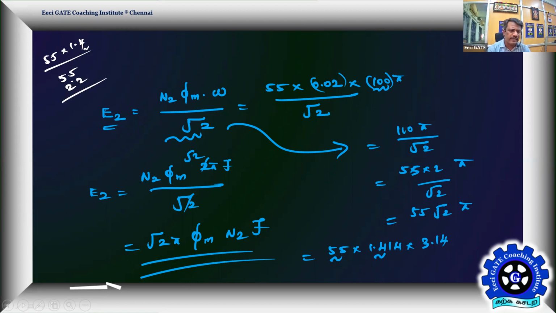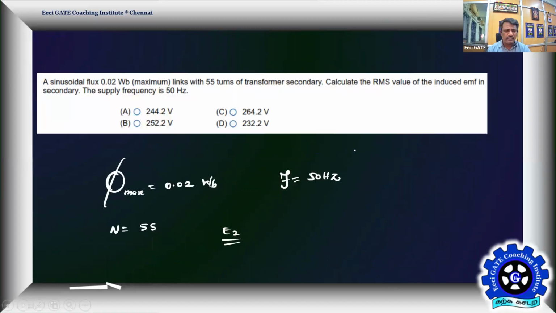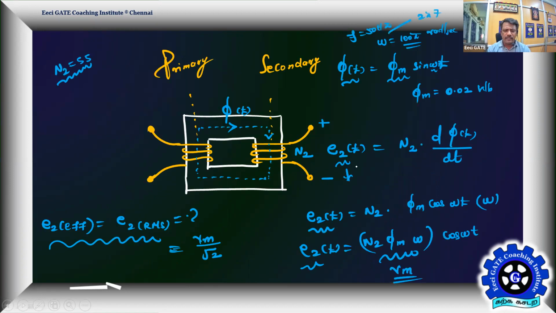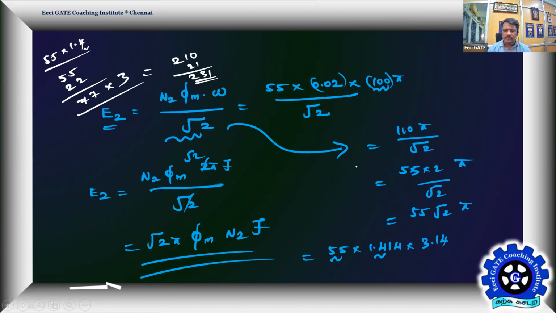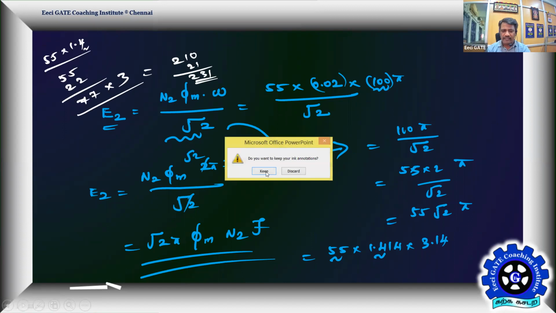Approximately it's 77 into 3.14. 77 into 3, let me do, so it's going to be 210 and then 21. So approximately 231. I'm getting some extra digits along with that. Let me check whether the options are very close to each other. Then 244.2 is there, 232.2 is there. Yes, they are very close, so you have to do it carefully, because that 0.414 may make a difference.